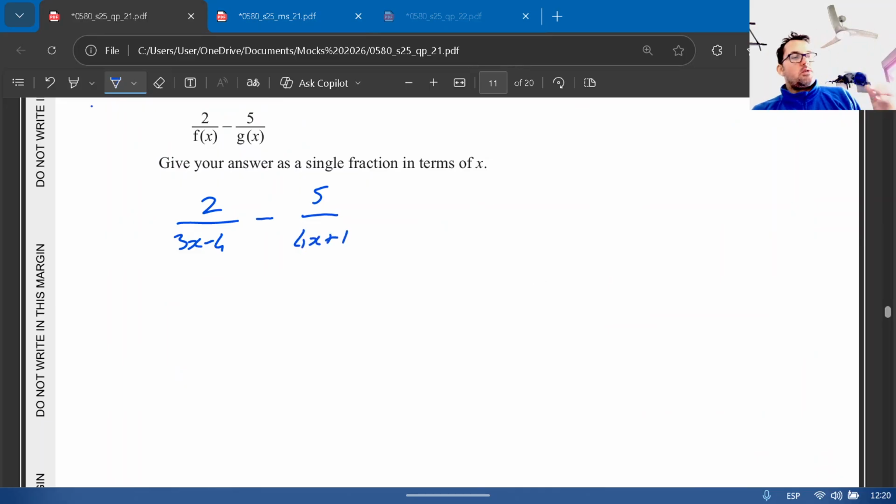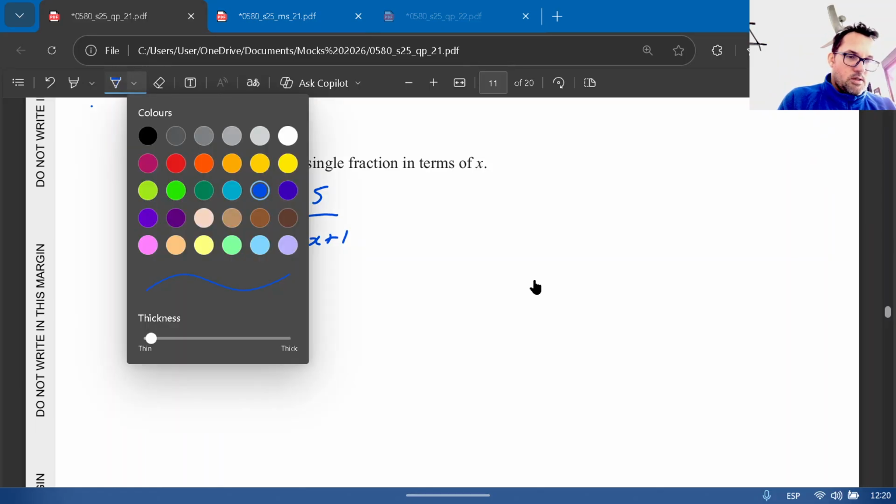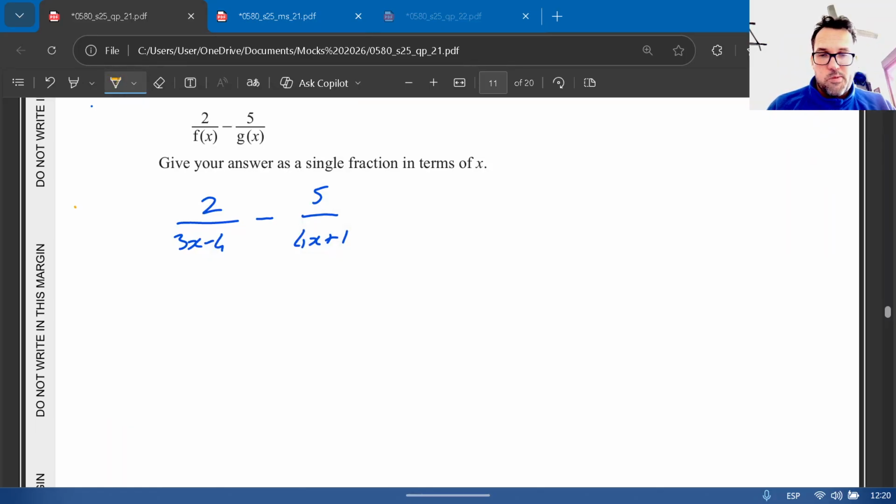Now here we're going to do the smiley face method. What is the smiley face? Okay, if we had, for example, 2 over 3 minus 1 over 4. Remember, to do this, we need to get this common denominator, and we can do that by multiplying the 2 bottom ones together. That will give us 12. And then multiplying the 2 with a 4, that will give us 8, because 8 over 12 is the same as 2 over 3. Put the minus in the middle,